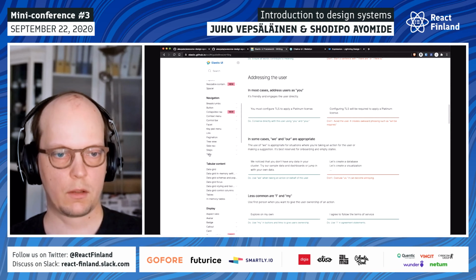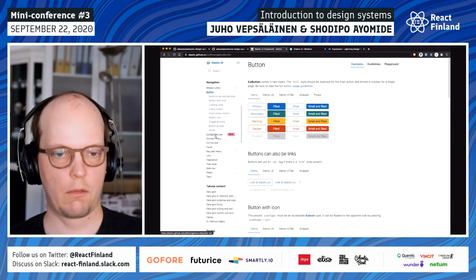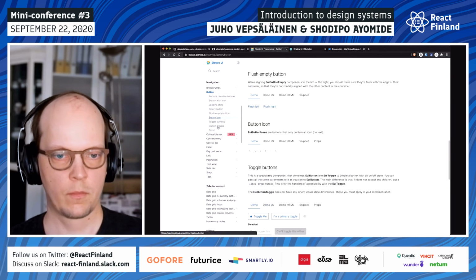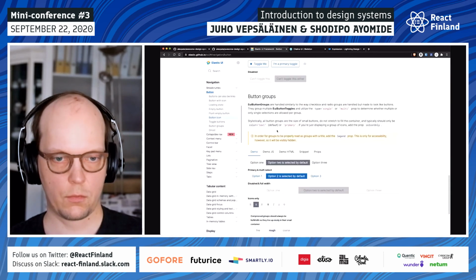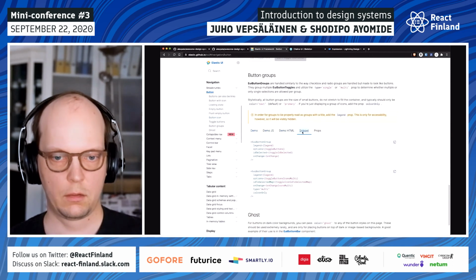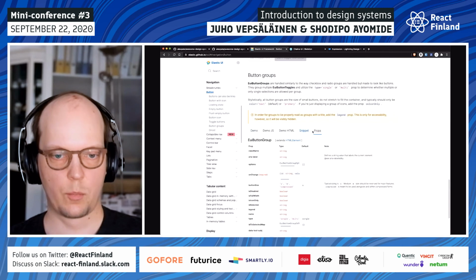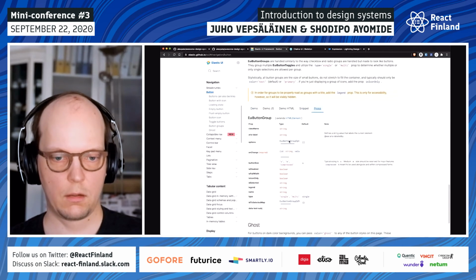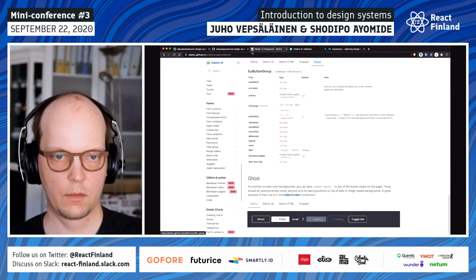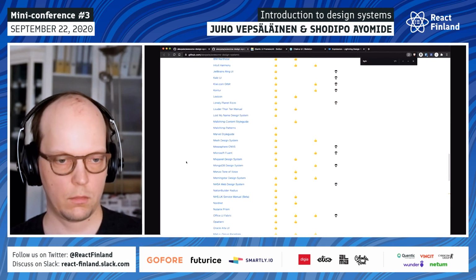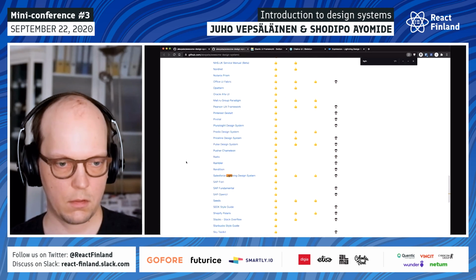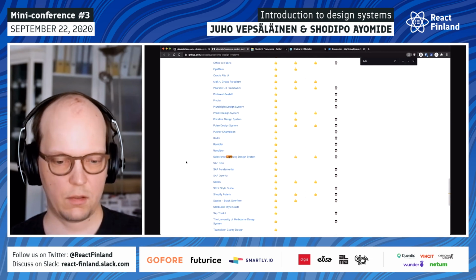But yeah, then we get back to these components. It's like everyone has to write their own button component, but yeah, that's kind of cool. So you see demo, JS, HTML, snippet, and props. So you see it takes all of these things. So it looks very, very good. There was something else that's interesting. Maybe I'll actually show you.